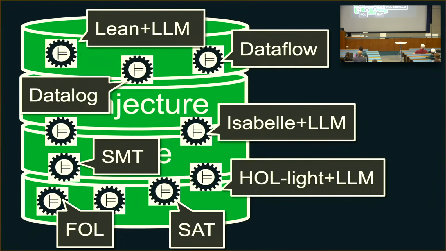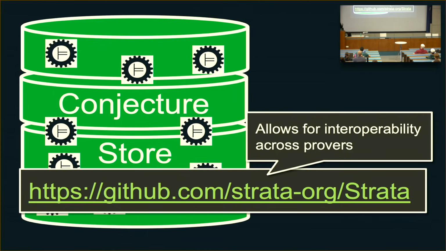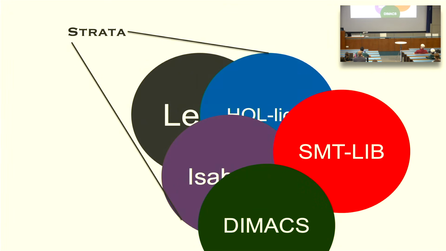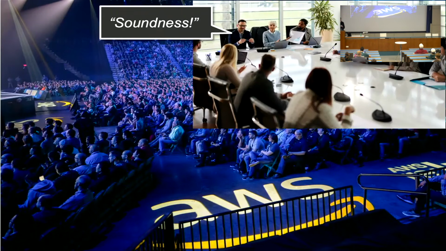But where I would really like to see things go is, maybe you have Datalog, SMT, Vampire, SAT solvers, HOL Light plus an LLM, Isabelle plus an LLM, Lean plus an LLM, and then all these tools are operating together, and then maybe they're all speaking ultimately in the Strata language, right? Where your program's written in Rust, your program's written in Java, your program's written in C++, it goes to Strata, and then from Strata we have deep embeddings into Isabelle, to Lean, to HOL Light, to SMT, to Vampire, you name it.